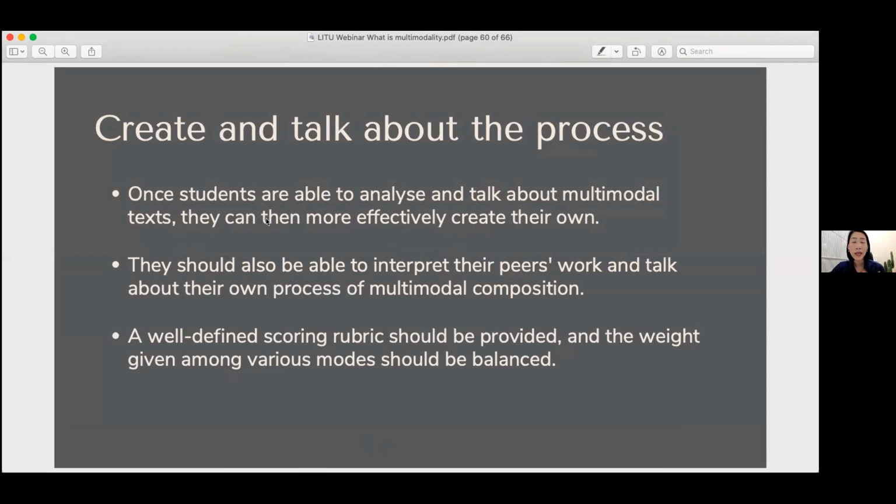I believe that when they are able to analyze and talk about multimodal text, they can more effectively create their own, right? It's better than just asking them to do a poster and that's it, right? You have some kind of pre-production stage where you prepare them for what they're about to create first. And I think what's important here is that once they are able to analyze and use vocabulary,